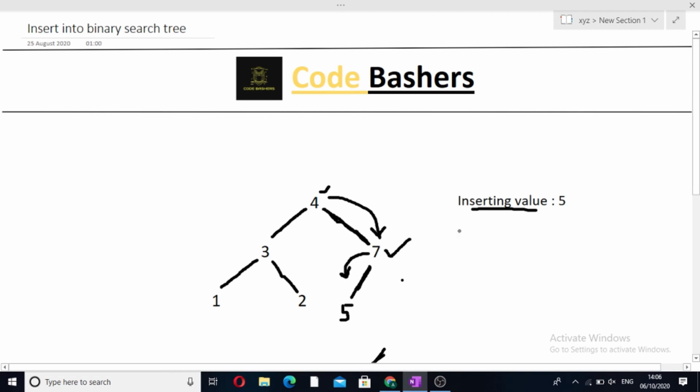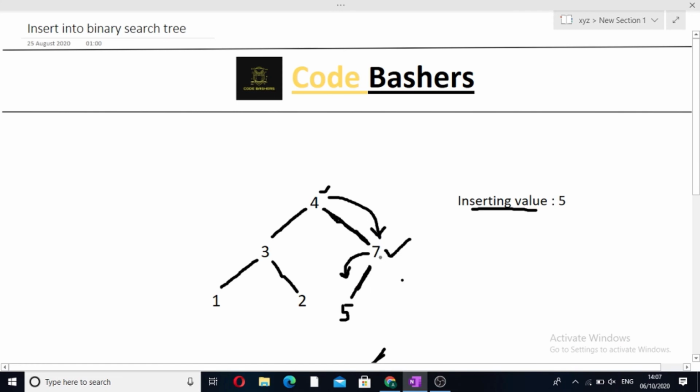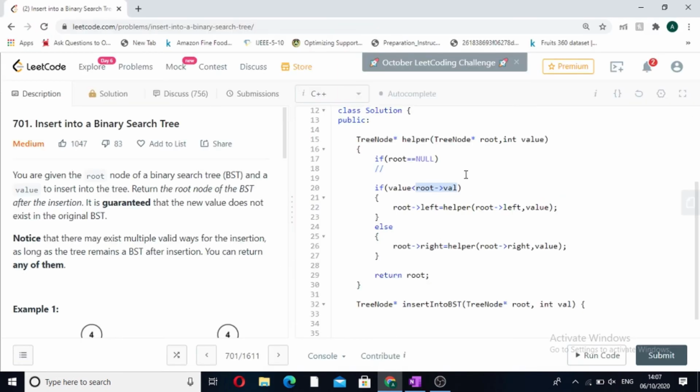Now we check whether the value is less than the root's value. The value is 5 and the root's value is now 7. In this case, yes, it is correct, so we make a call on the left side.